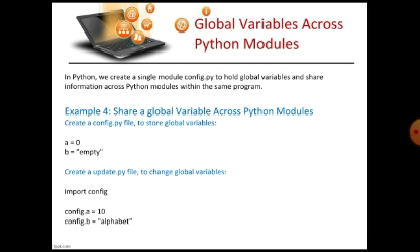One is a variable which is having numerical value a, and b is a string variable which is holding the string empty. So these two are the global variables which we are creating in a config.py file. It's a very simple file, just like in any other Python file. You can create this file in your editor and you can save it with the .py extension. The second step is now we will create an update.py file to change global variables.